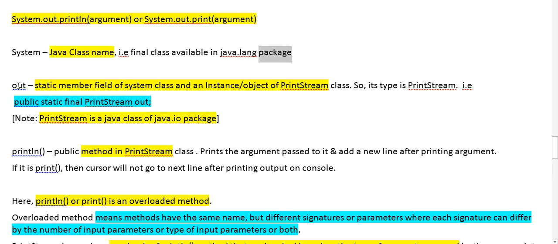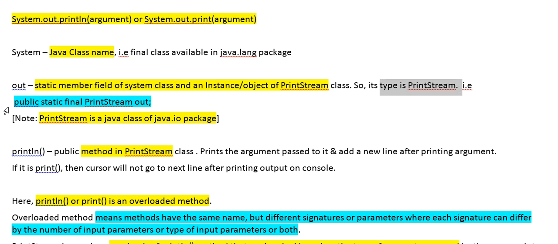And then there is out. What do you mean by out? Here it is a static member field of the System class, and it's also an instance of the PrintStream class. So this static member in the System class is of type PrintStream.